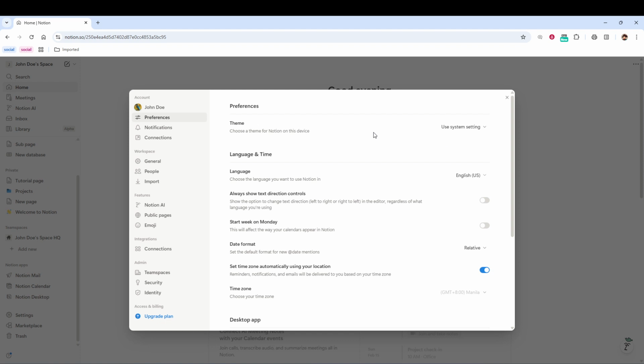After you pick the theme you want, Notion will update instantly so you can see the change right away. If it doesn't feel quite right, you can always come back to this same Preferences section and try a different option until you find what works best for you. That's all there is to it. By adjusting your theme, you make Notion feel more personal, more comfortable, and easier to use for long stretches of